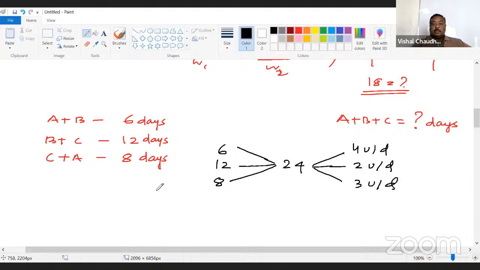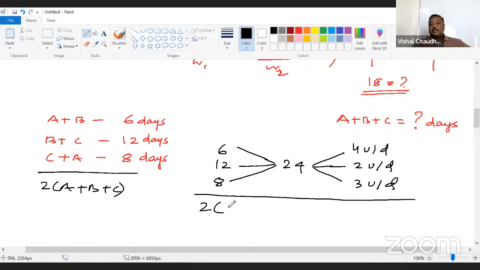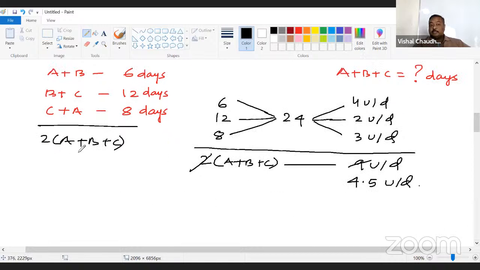But remember, here we have 2 people working in each category. So it will be twice A plus B plus C. So twice A plus B plus C will do how many units? It is 9 units per day. So A plus B plus C will do how many units? Only 4.5 units per day. So the number of days taken by A, B, C together will be 24 divided by